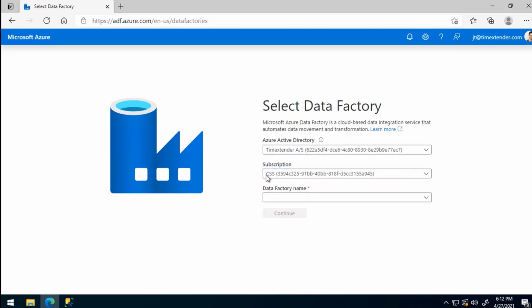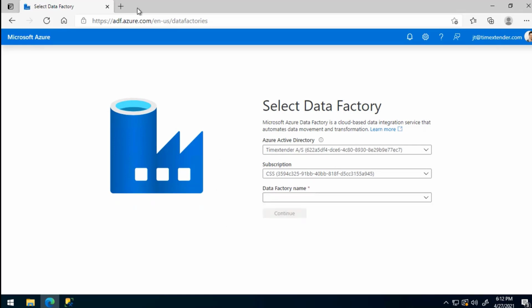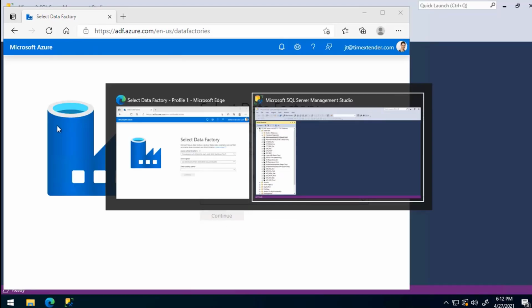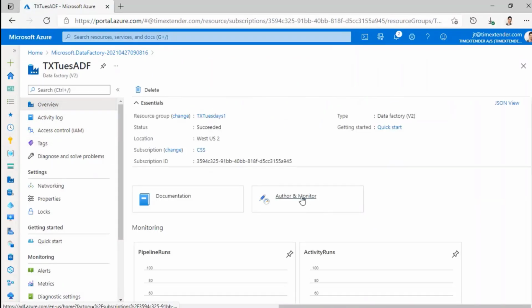Here we go. And it doesn't look like that's showing up. So let me go back and find the proper link for this. We're going to go to Overview. I'm going to copy this link here. And let's go